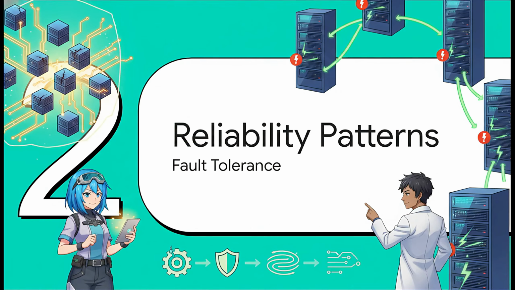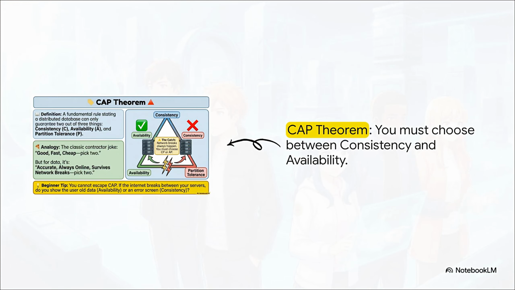Moving on to Section 2, reliability and fault tolerance. Now, what's genuinely fascinating about distributed systems is that failures aren't an anomaly, you guys. They are the baseline expectation. Let's start with the unbreakable rules here. The CAP theorem proves that when the network inevitably breaks, which we call a partition, you have to make a hard choice. You either serve accurate data, which is consistency, or you actually stay online, which is availability. There's no escaping it. And the PACELC theorem takes it a step further. It shows that even when the network is perfectly healthy, you still have to trade off latency versus consistency. You're literally paying in speed to maintain strong consistency.